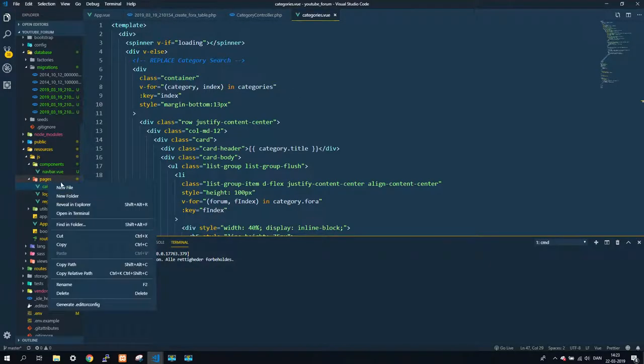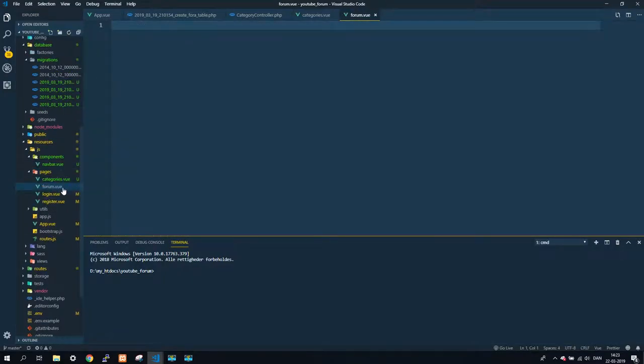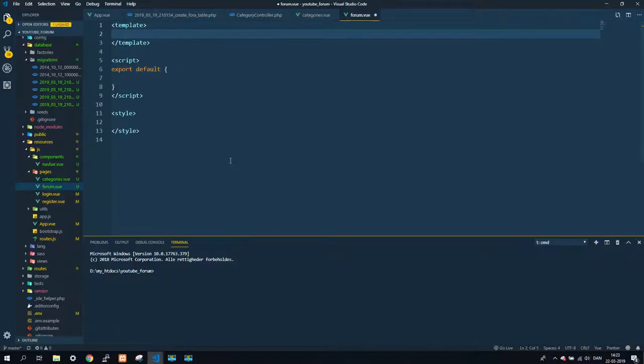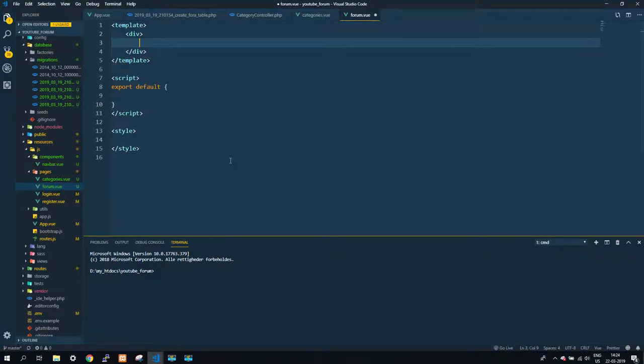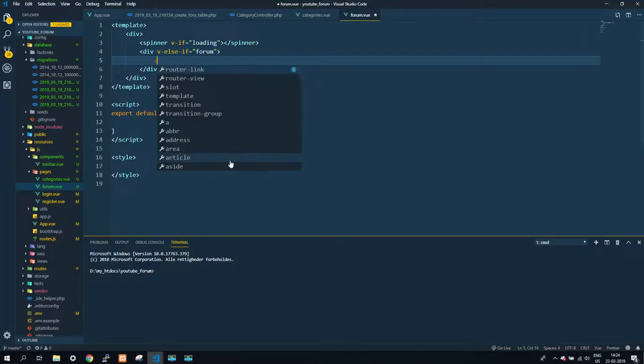So here in pages, we'll create a new file called forum.vue. We'll write scaffold. Here we will have a div and spinner, v-if loading, div v-if forum. Then we have a div class container,